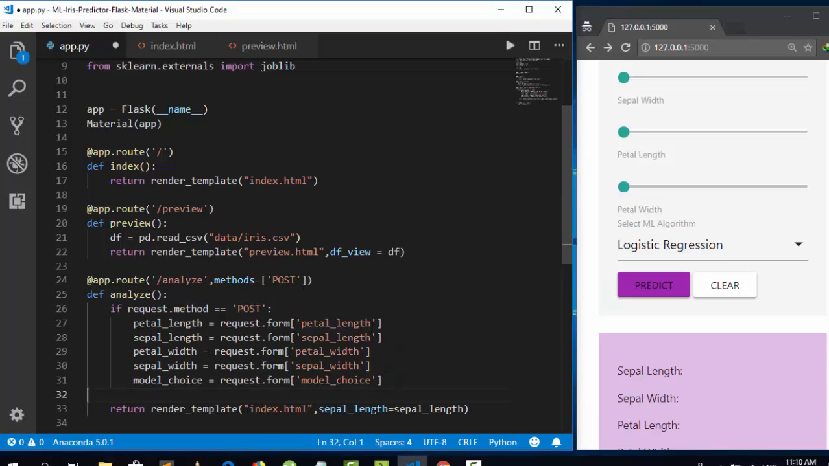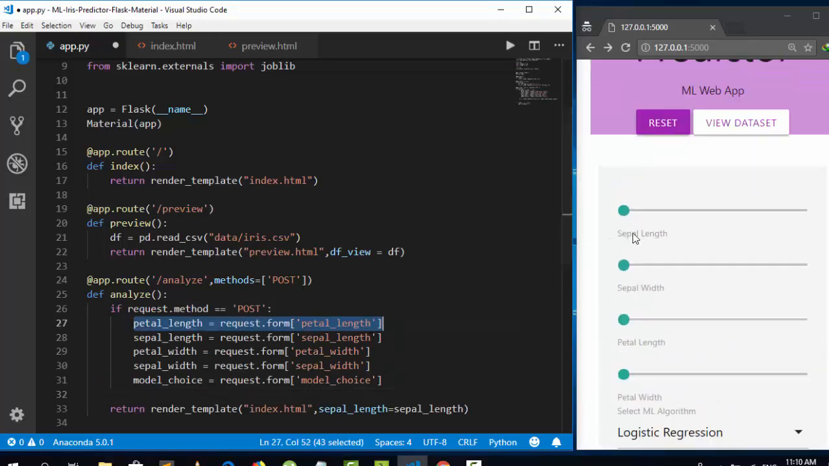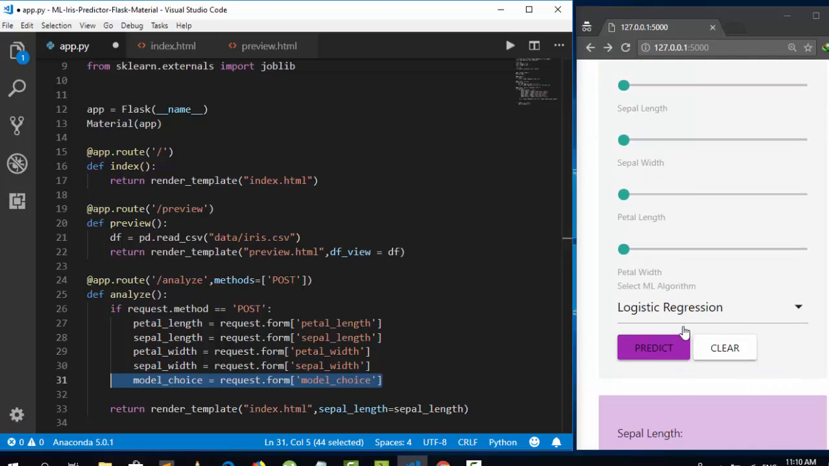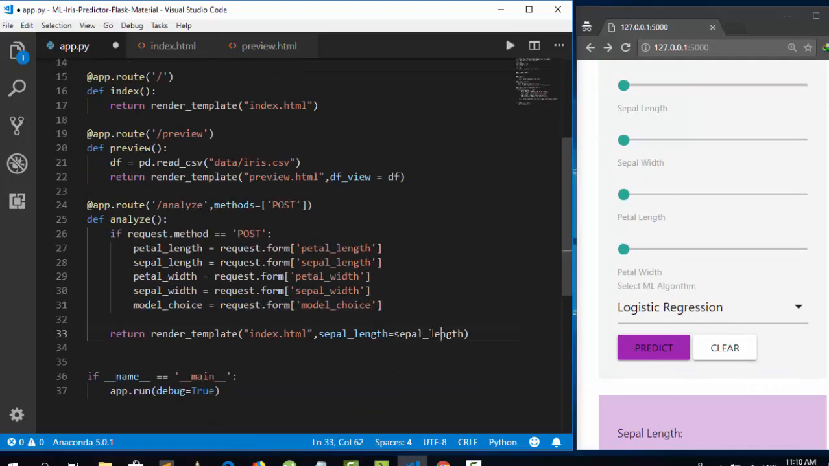Perfect. So we now have for petal, which is going to be receiving it from our petal. Then we have for zepal, yeah, for all of these things that are going to receive. The model.choice is coming from our model that we are selecting here. Right, perfect. Now we have been able to receive them, but to be able to analyze them, to allow it